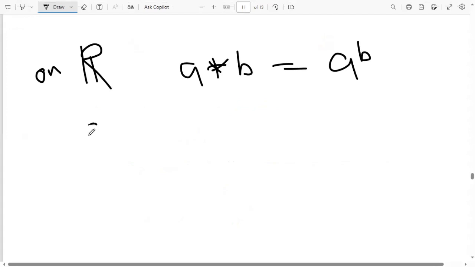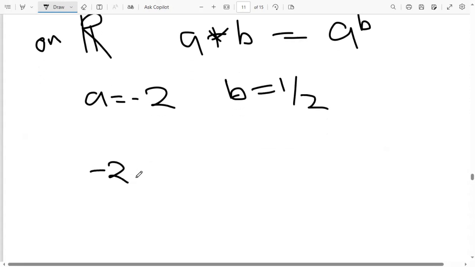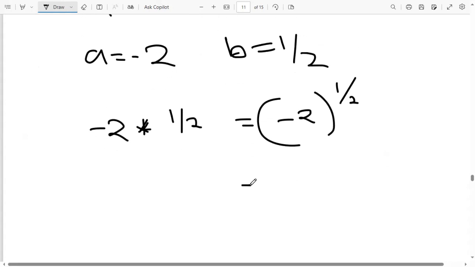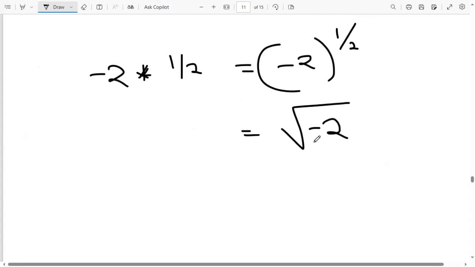So let's choose my A to be, let's say, -2, and then let's say my B is a half. So this would mean that I have -2 star half. This will be equal to -2 to the power half, and we learned that the power half is just the same as the square root. So this will be the square root of -2. And we see that the square root of -2 is not a real number. It's actually a